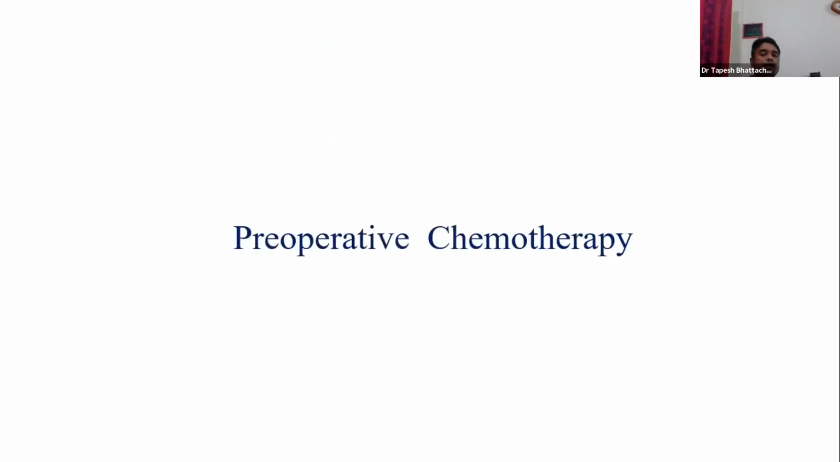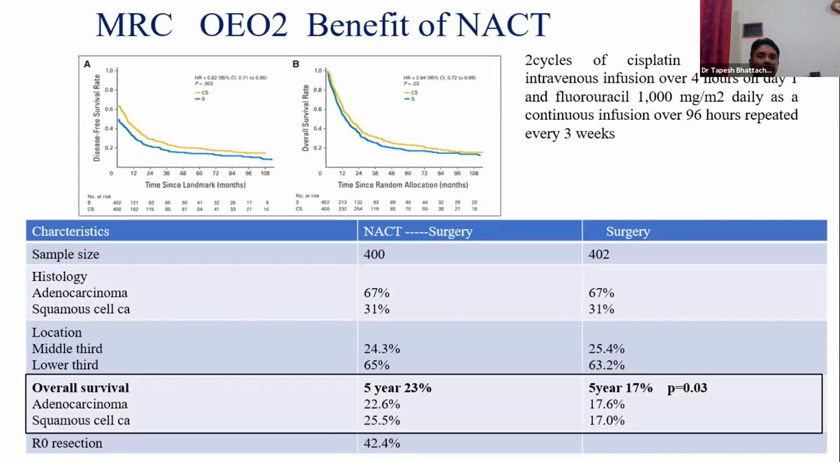First, let us discuss what happened with pre-operative chemotherapy. As Dr. Viprodas has already mentioned, this was the landmark trial MRC OEO2. They used 2 cycles of cisplatin 80 mg per meter square by intravenous infusion over 4 hours on day 1 and fluorouracil 1000 mg per meter square, given as a 3 weekly regimen, and fluorouracil was infused over a 96 hour period, that means 4 days. What they found actually,